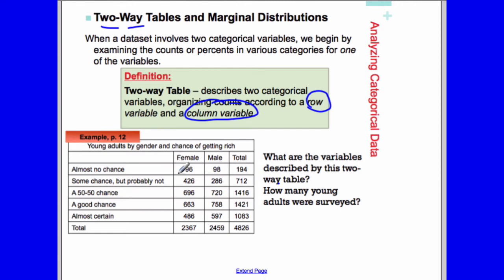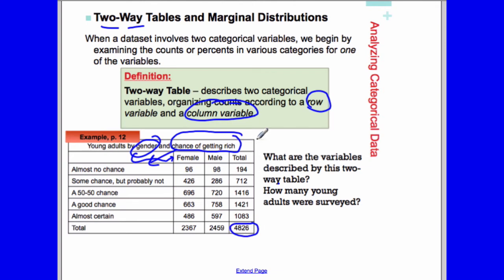For example, here's some data: young adults by gender and chance of getting rich. Chance of getting rich is our row variable. That's this. And then gender is our column variable, which is this, female or male. What are the variables being described by this two-way table? Getting rich and gender. And how many young adults were surveyed? A total of